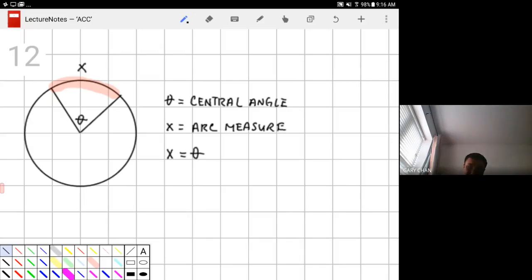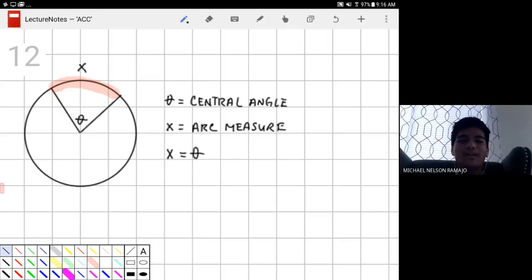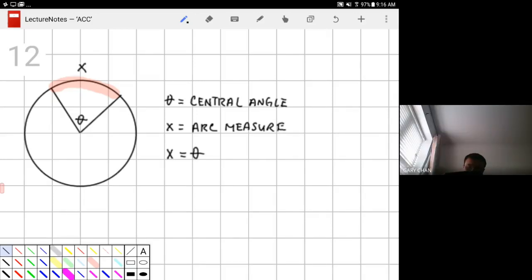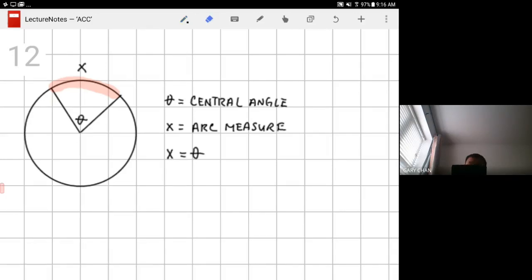Wasn't that what the exercises we went through last week were about? The arc measure and angle theta, the central angle, they are the same. Didn't we go through that? Oh, we did. We went through that last week. The arc measure and theta, they are the same. Now, the only thing is, though,